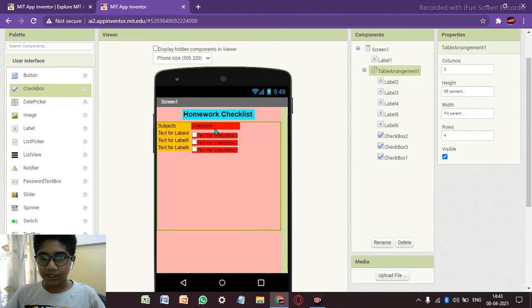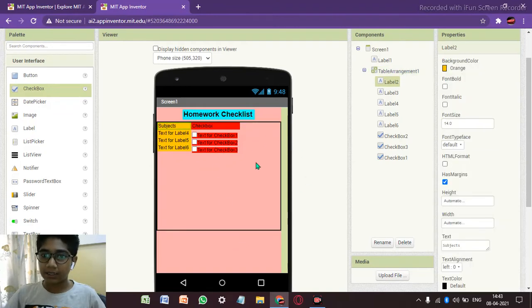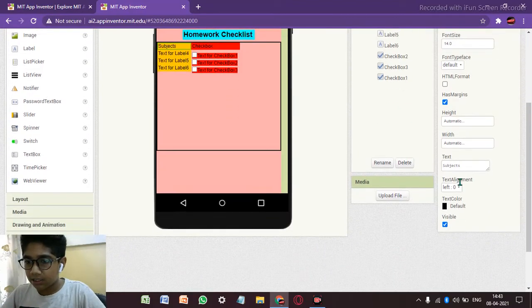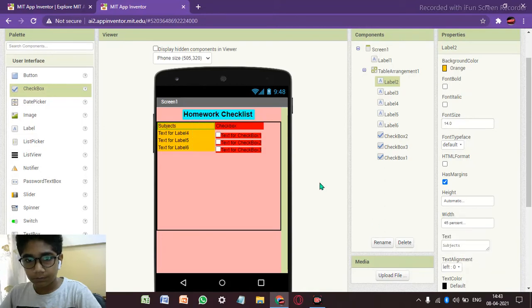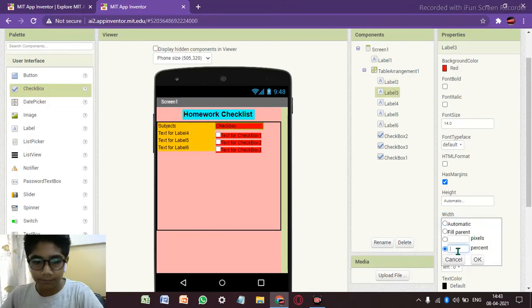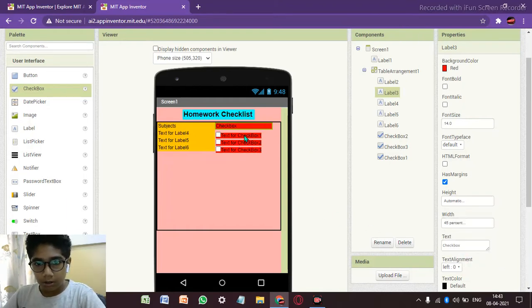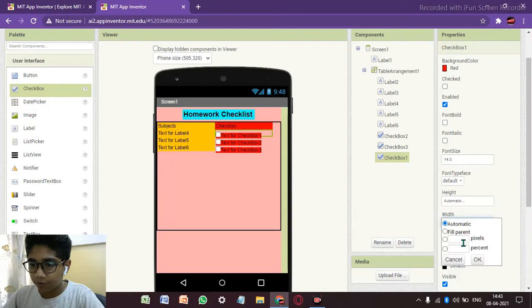But now we need to make this big so that it is equal. So subject, make it width 45 and checkbox also 45. Okay, so we need to make everything 45.